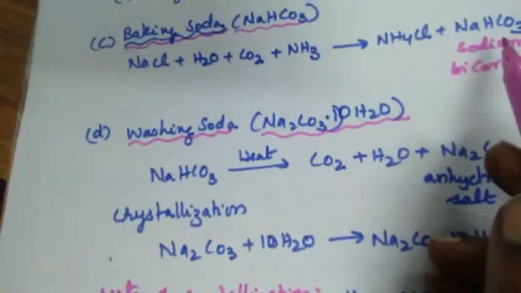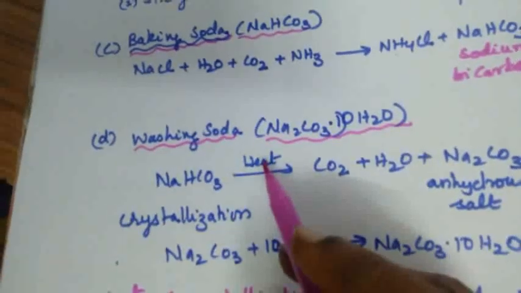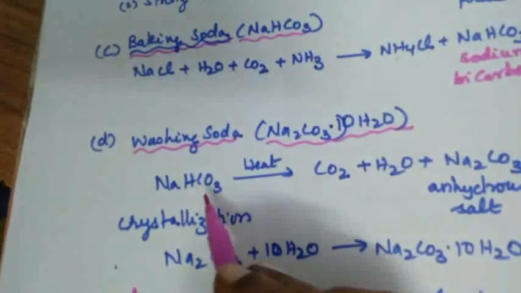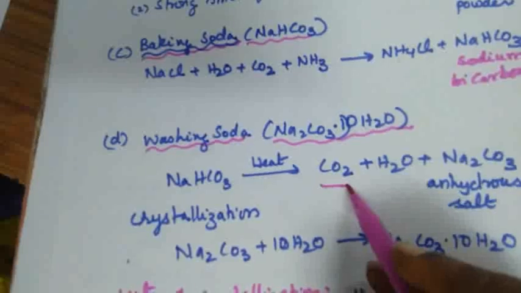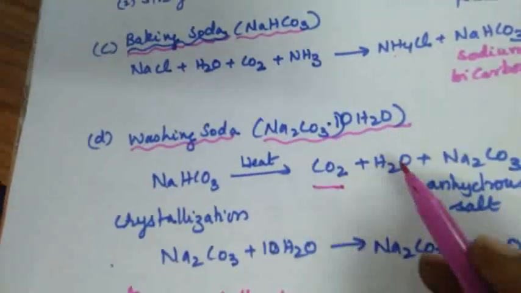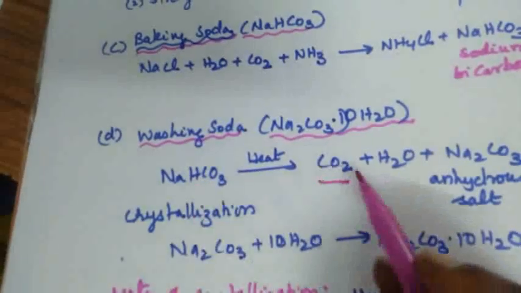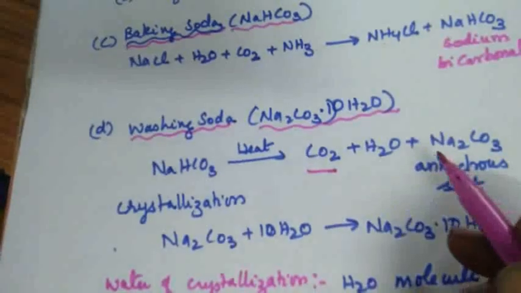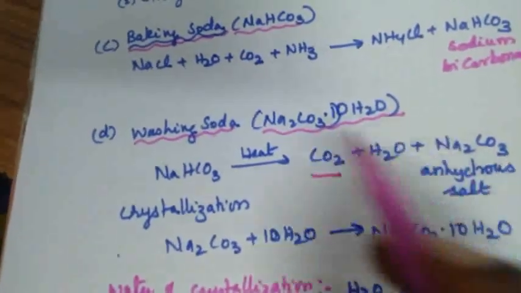So we have prepared sodium bicarbonate. Take that sodium bicarbonate, heat it. Upon heating what happens? I told you, when carbonate is there, carbon dioxide will be released. Yes, carbon dioxide is released. Water is removed and sodium carbonate is formed. Hydrogen goes as water, and we have the anhydrous salt of Na2CO3, dry salt of sodium carbonate, but washing soda